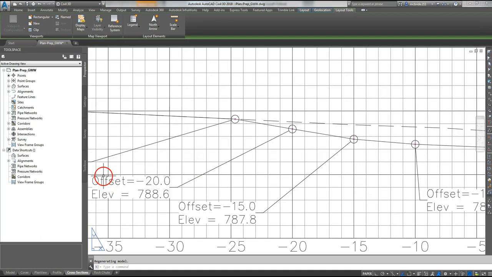But I can run right out here and I can say, okay, at 3/4 of the top width, which is 15 feet from the center line, my elevation should be 787.8. So you'll notice that I don't have any of my elevations down to the 100th of a foot for accuracy. When we talk about grass waterway construction checking and as-builts, we only have to be accurate to the nearest 10th. And when you're doing any kind of earthwork out in the field, a 10th is really all you can be